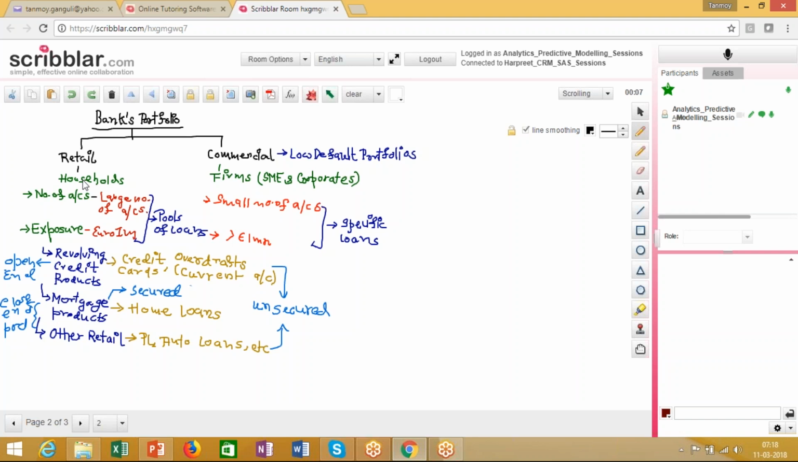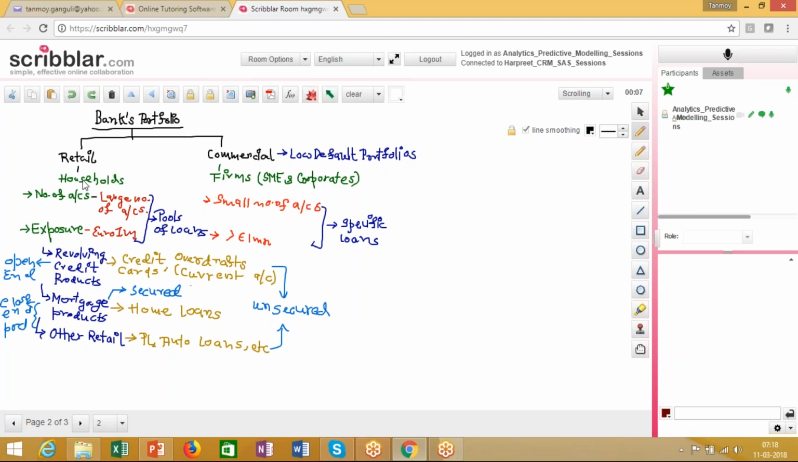However, the commercial accounts or the commercial products that we have over here, right? That's a characteristic of a commercial product. That is, the number of accounts in the portfolio is small, but the exposure per unit of the account is very large,